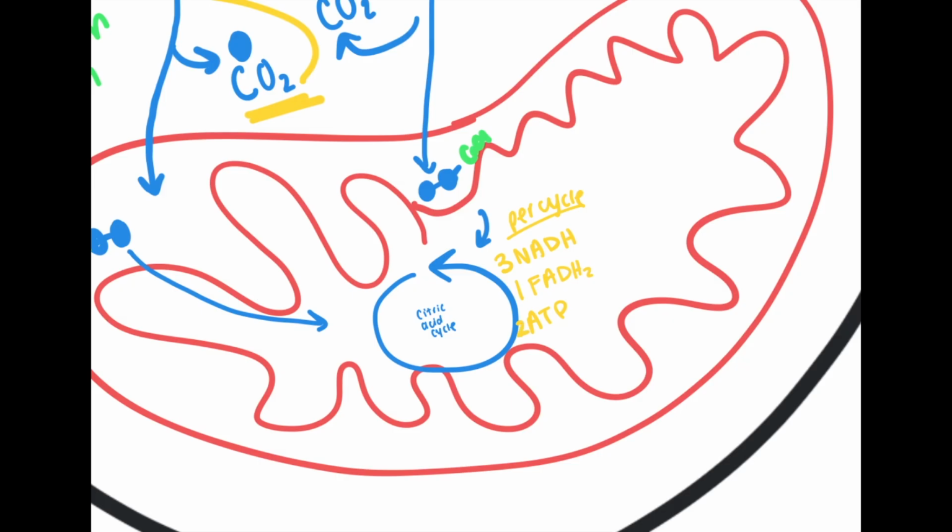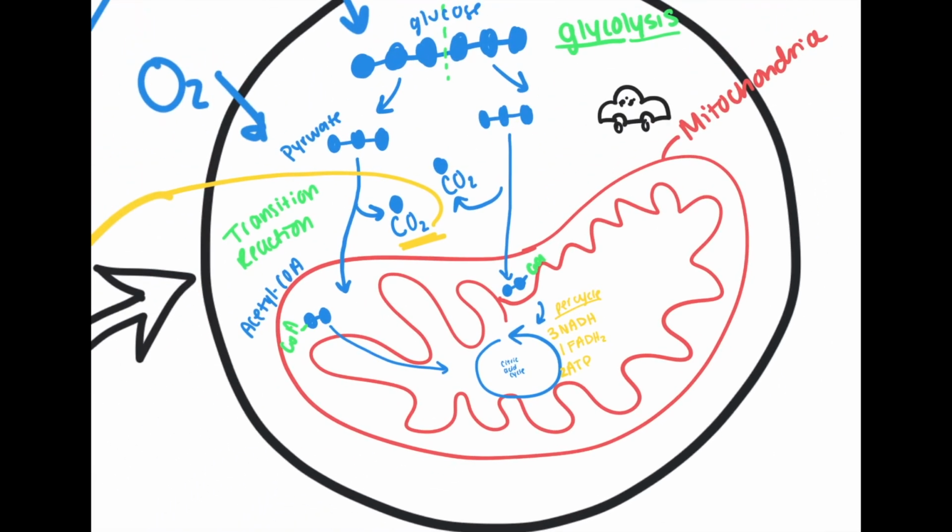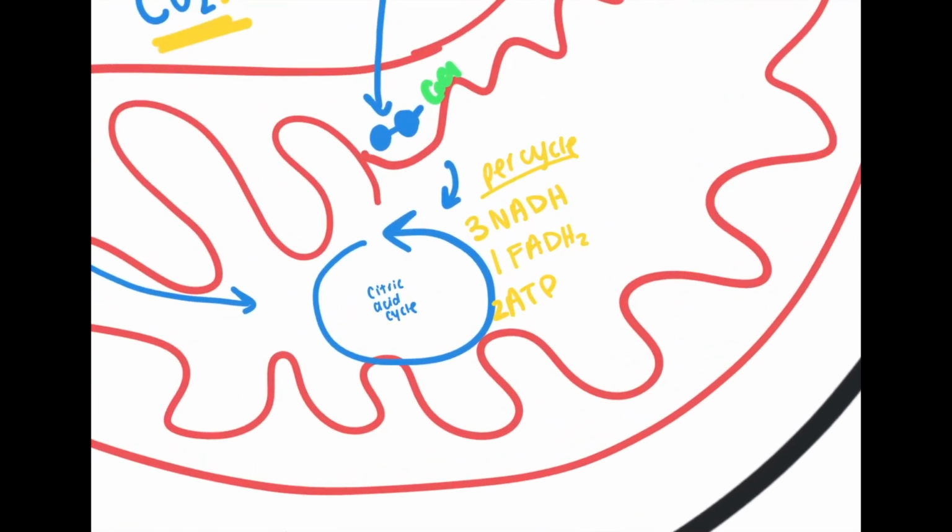We also get some carbon dioxide generated. So a lot's happening here, but it's called a cycle because by the end of it, the last molecule that we end up with combines with acetyl-CoA to start the whole process over again. So this idea of taking our glucose molecule and breaking it down kind of ends here. By the time we go through the whole citric acid cycle,